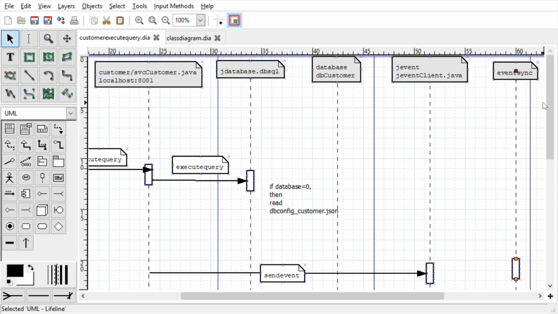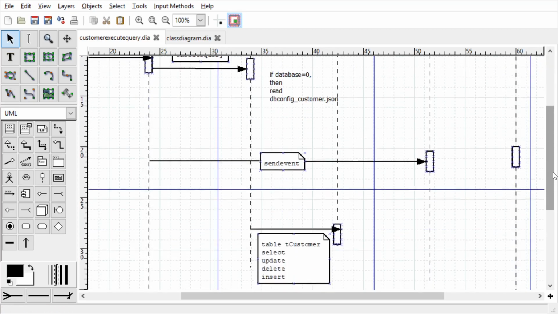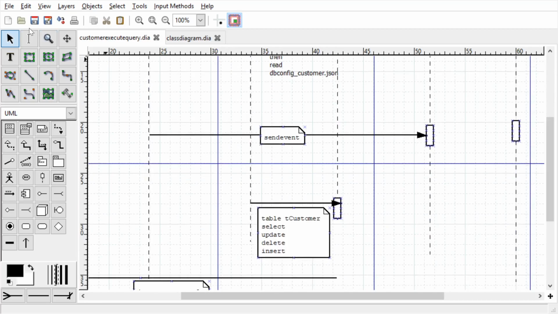The objects are not very intelligent to know what I'm doing, but it was free, so I had to use only this tool. I just need to drag this down. Yeah, this is what I want. Right, this internally passes the message to event synchronizer with the same name, send event.